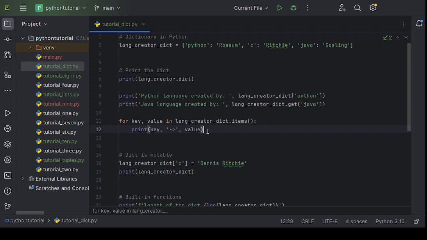We can also use a loop to iterate through the items present in a dictionary. If you see here, I have used two variables here, key and value, because we are iterating through the items. One item contains key as well as value. To get both key and value, we have taken two different variables and we are printing each and every item